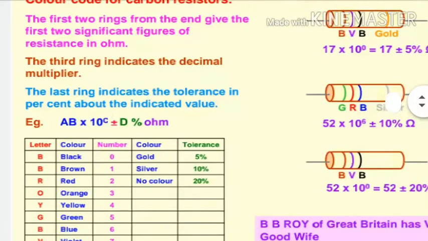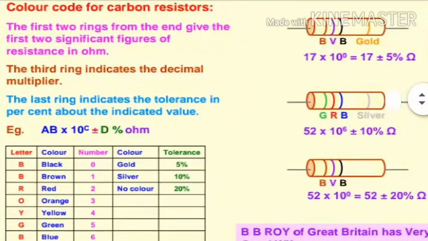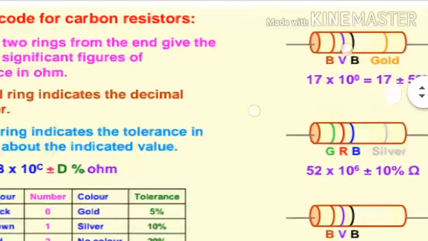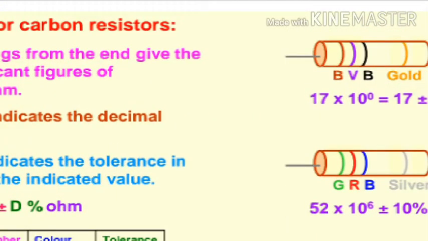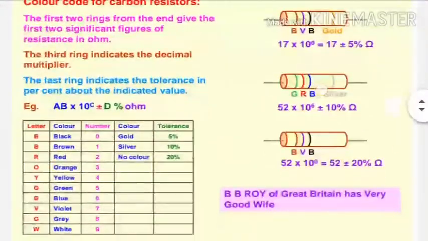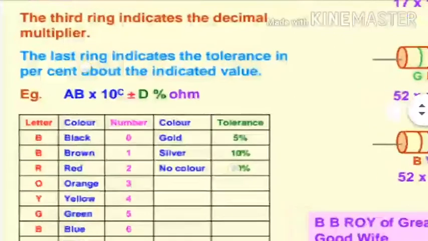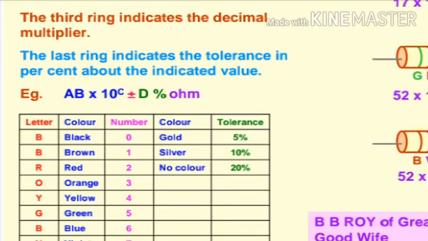This is very simple. Suppose that the first color is B, that is brown color for the first resistor. If you take it here, first color is brown, second is violet, and third is black. Then the first two colors, the value of the resistor indicated as AB, that is the first color value and second color value, are treated as tens place and unit place. First color becomes the tens place and second color becomes the unit place. Okay, and the third color is always posted as the power of 10.